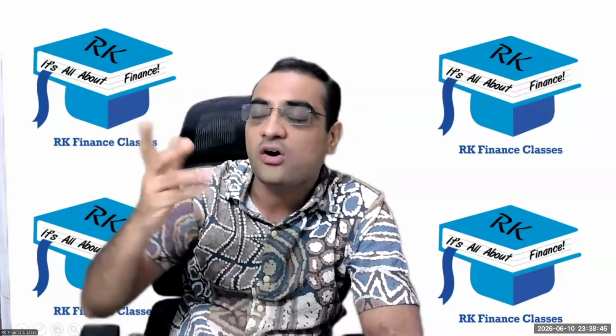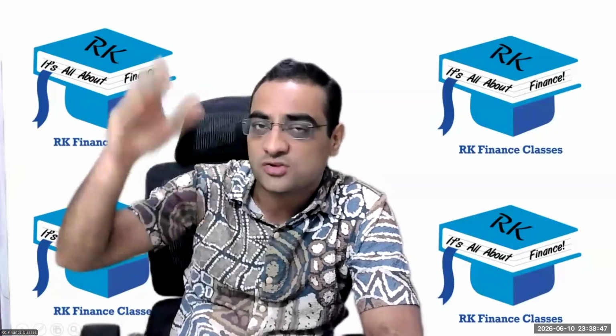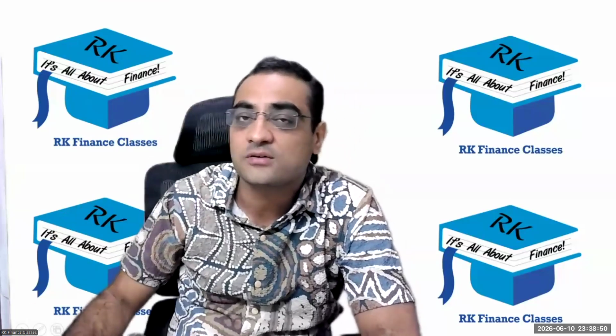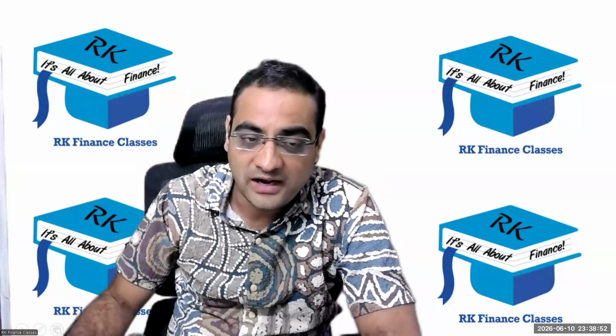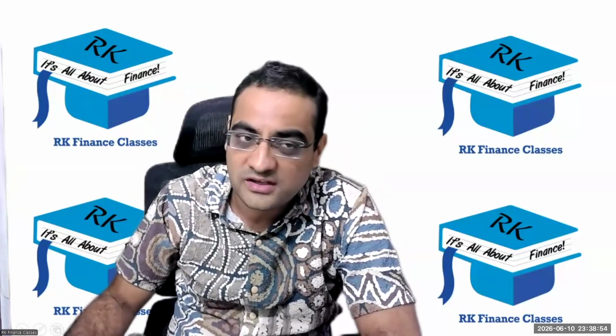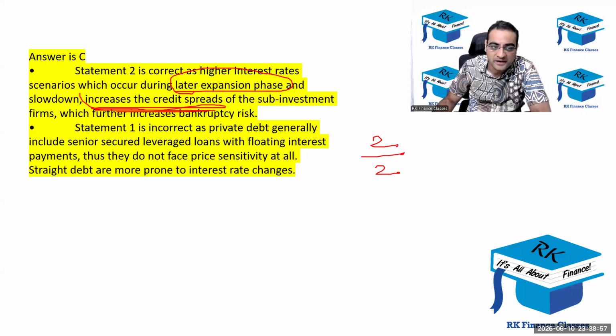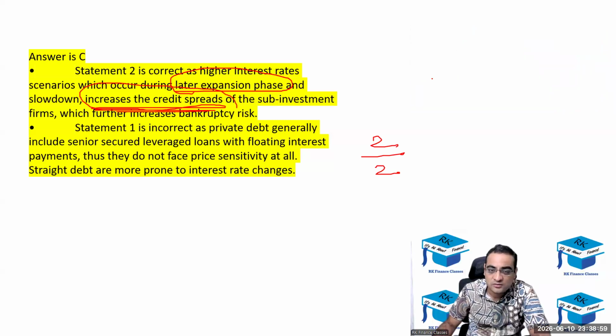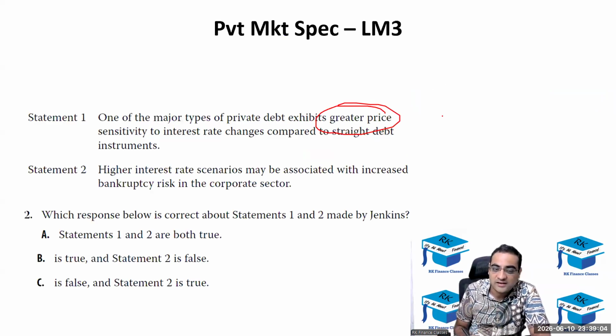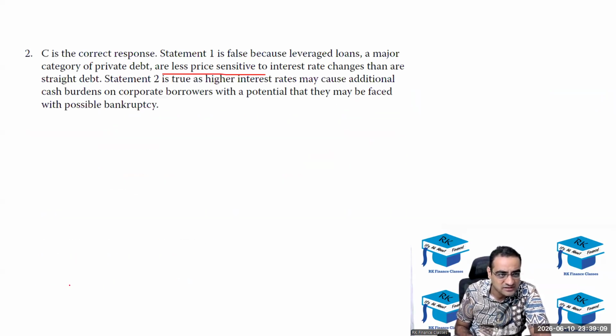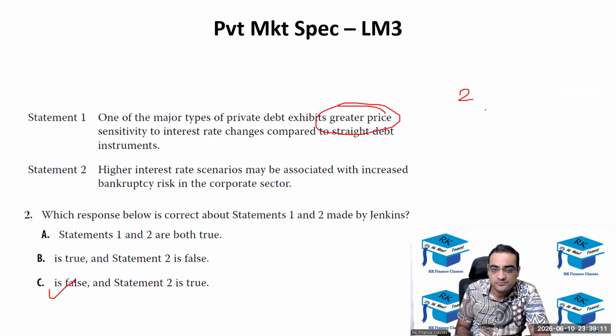Because of slowdown, sales are going to come down, ये वाला point. Or secondly, as the interest rates will increase, interest cost will increase, and hence the profits will come down, and hence credit spread will increase. So that is the logic that you have not given, but you mentioned that credit spreads will increase. So from that, I'm going to give you 1 out of 2. So the total marks, let's say, are 5 or 6. So for answer C, you get 2 on 2, then 1 on 2 and 2 on 2. So total you get 5 out of 6.